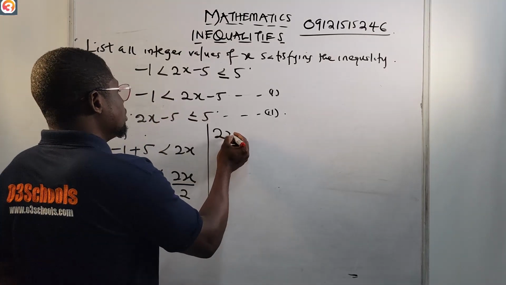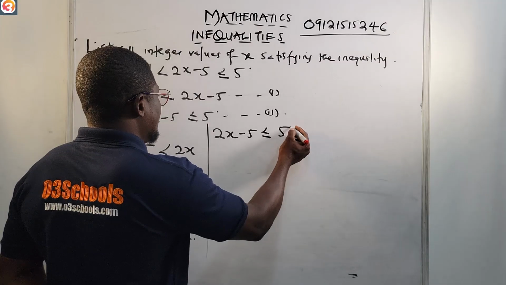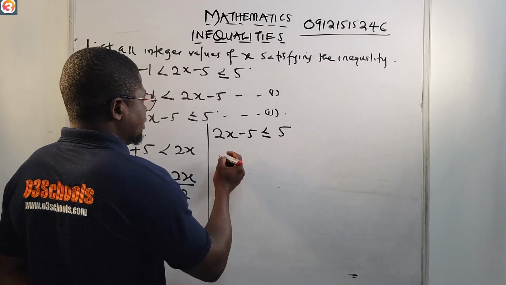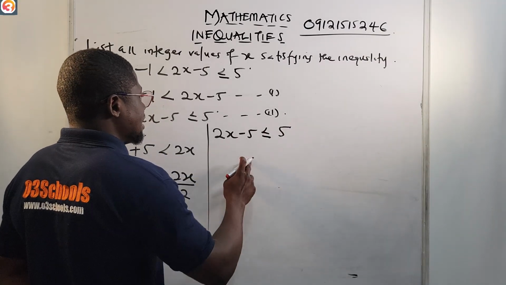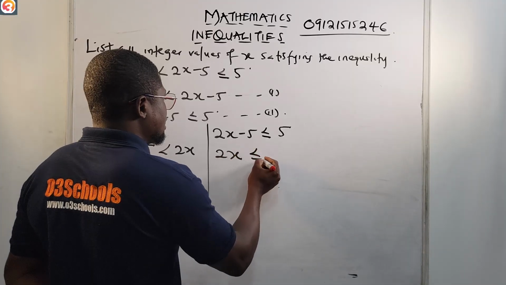Now let us go to the other one. The other side says 2x minus 5 is less than or equal to 5. Let 5 go and join his brother. Minus 5 goes to join his brother as plus 5. So 2x is less than or equal to